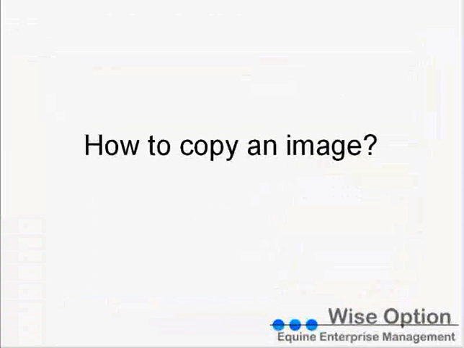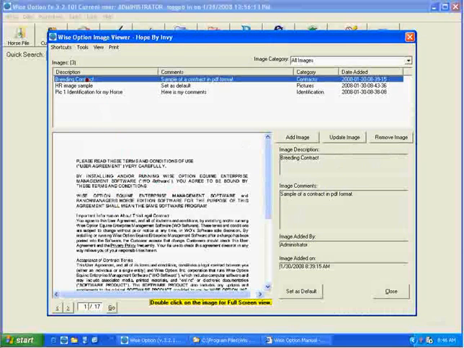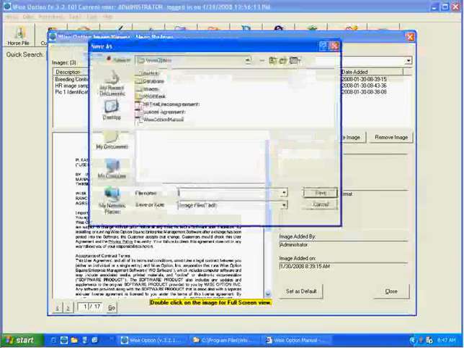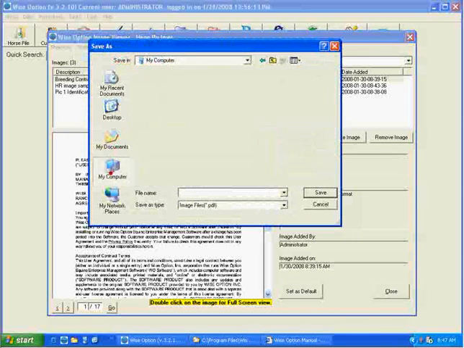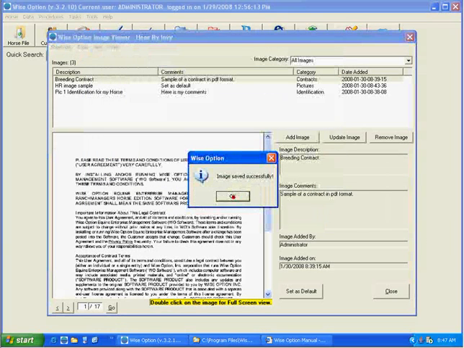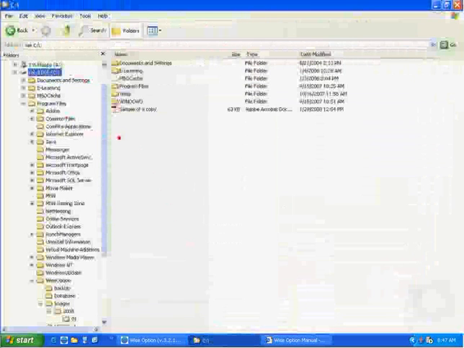Back to our slides. How to copy an image. Well, I have this image over here selected, and I would like to email this image to my customer. I'm going to click on Tools, and I'm going to copy this image to my, let's say, local computer. I'm going to put this on my local hard disk, and I'm going to give this a name, sample of a copy. And I save this. So now I'm going to use my program, and if I go to my local disk, I should have a sample of a copy. If I double click on that,